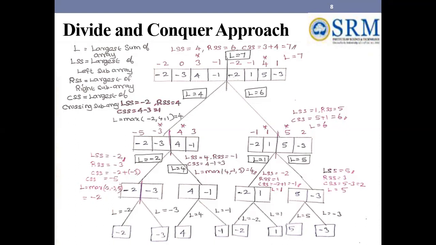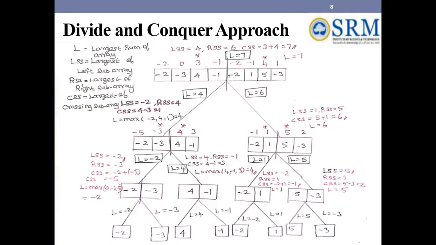So how to find CSS? Sum of maximum in both sides. So minus 2 plus minus 3, that is minus 5. So find out the L value, capital L value. For each node, we are finding LSS, RSS, CSS. So find the maximum of these three values and assign it to L, that is the largest subarray sum for the given